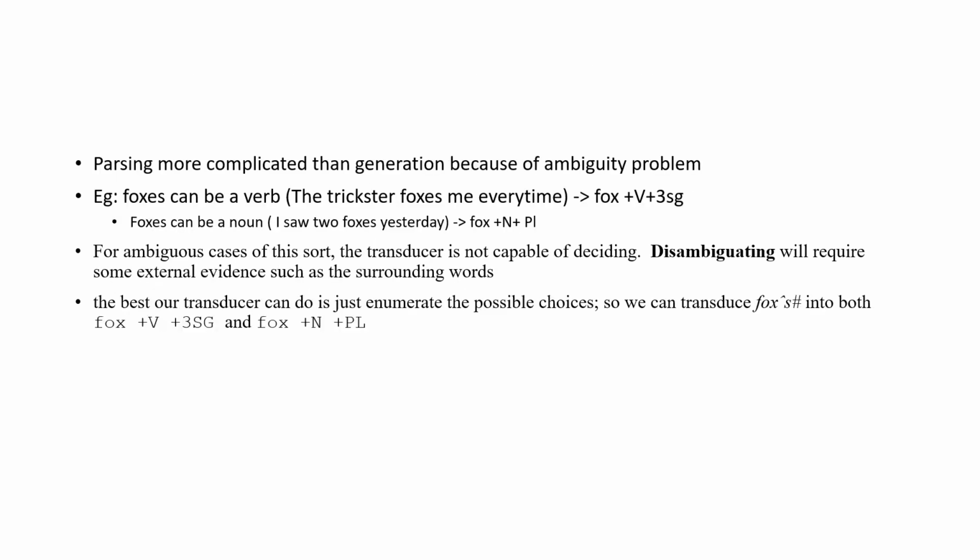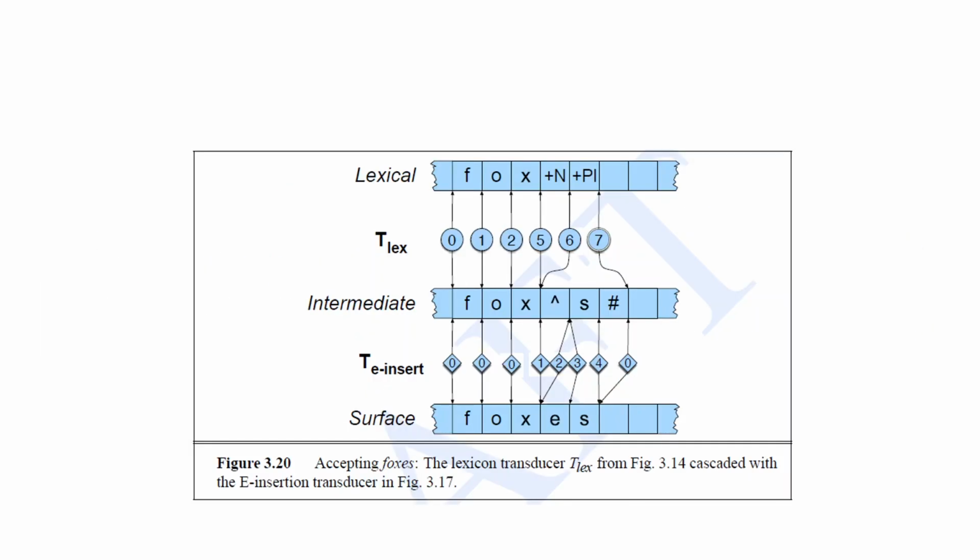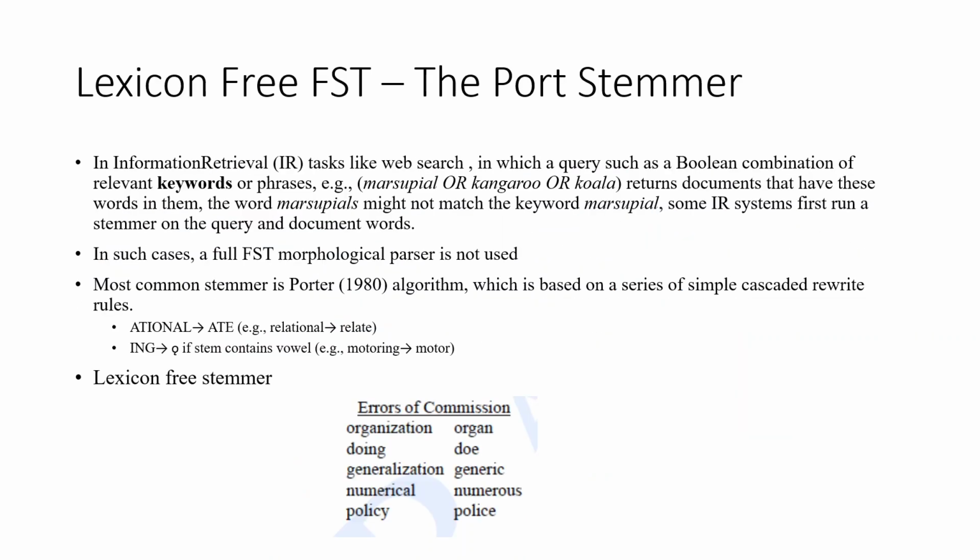Okay, so that is all about morphological parsing. Morphological parsing, we said, is actually taking the input and transforming it into this lexical state, which can be used in later stages of the natural language understanding system. Now, this morphological parser is actually very useful in natural language understanding systems.